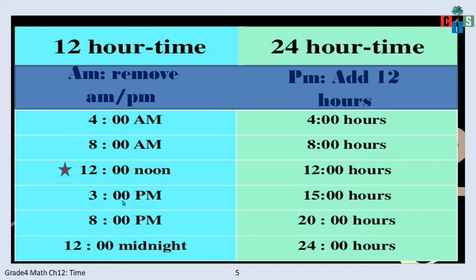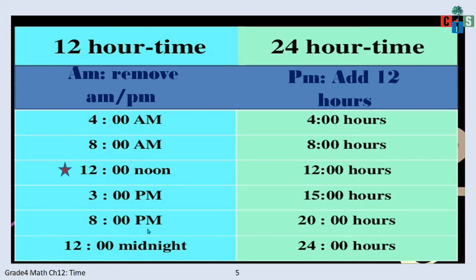And where you have to add 12, you have to add 12 to this 3, because it's 12 hours more. So 12 plus 3 will give me 15. So 3 p.m. will change to 15 hours. Fine. PM will change to hours. Now see, in the 24-hour time you will have all hours, and in 12-hour time you will have AM or PM. Clear? Fine. Now let's move on to the next question.